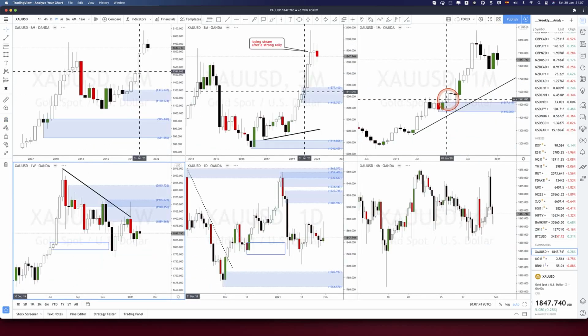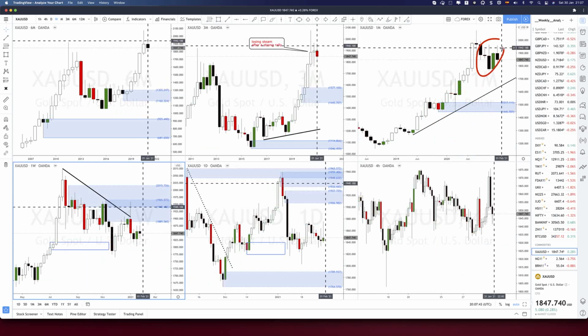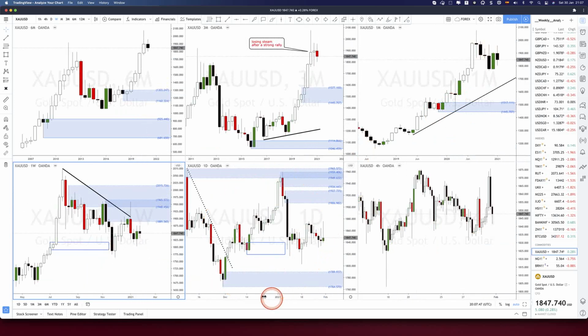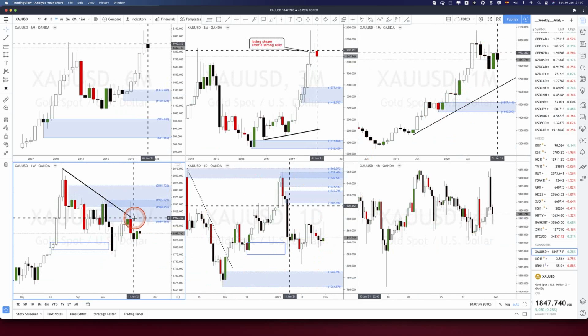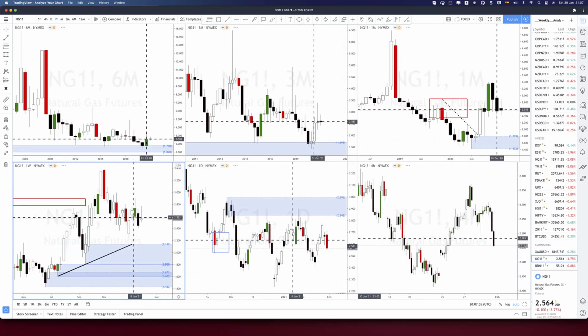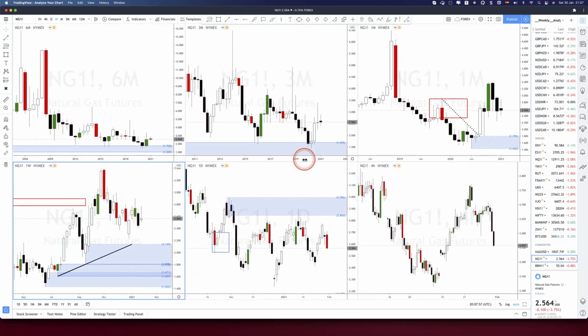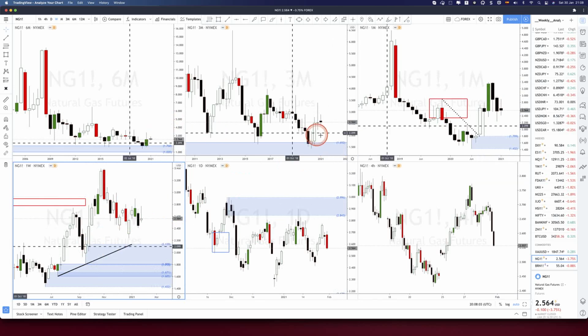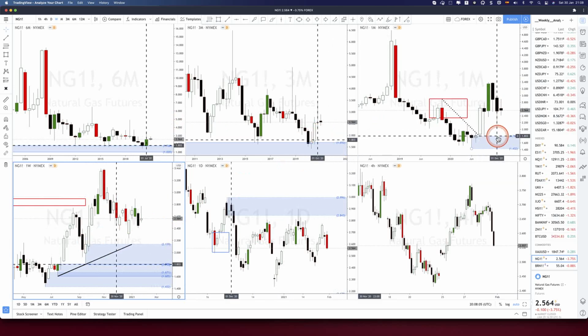Gold doing nothing. Bullish engulfing pattern, but price action on the daily is very poor. The weekly is in the downtrend with the weekly area supply being in control, doing nothing, waiting. Natural gas, it did not retrace the weekly average demand where longs will be possible again. We have 6 months, 12 months, 3 months, monthly average demand being in control, long bias.